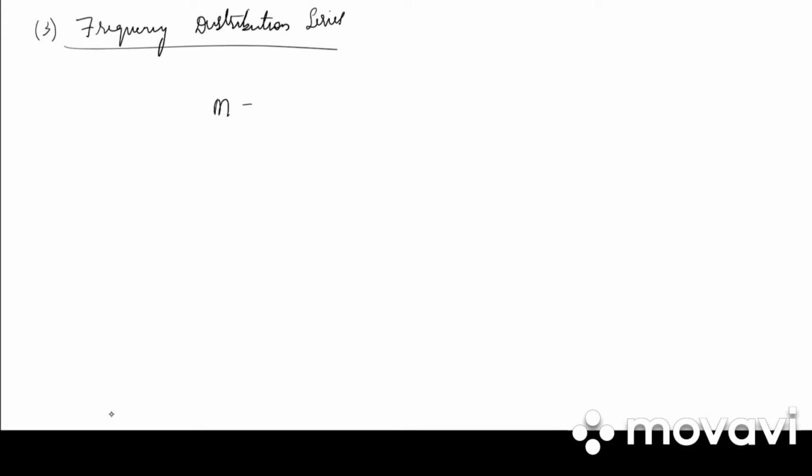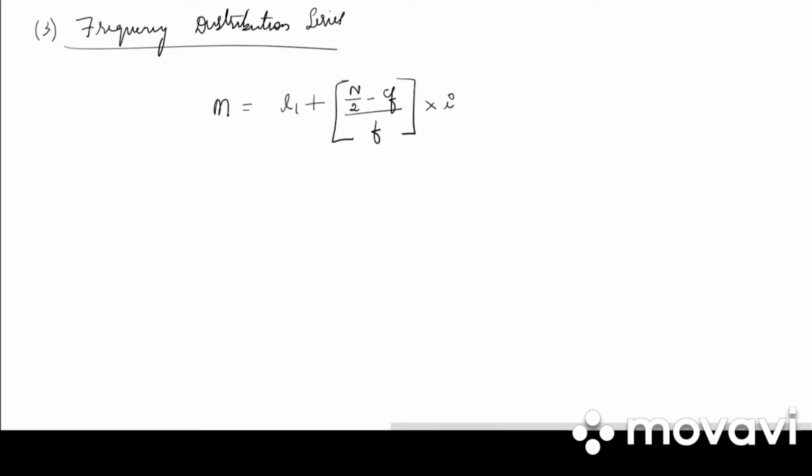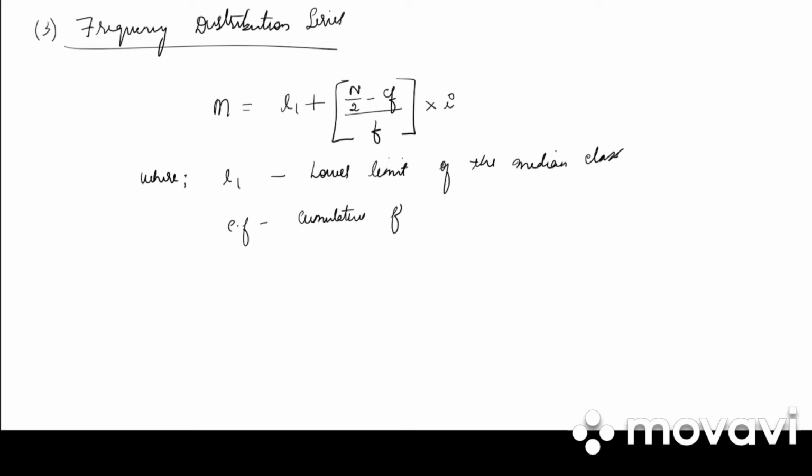Under that, write down the formula. How is median denoted? M. M = L1 + (n/2 - Cf)/f × I, where L1 is the lower limit of the class interval of the median class, Cf is cumulative frequency